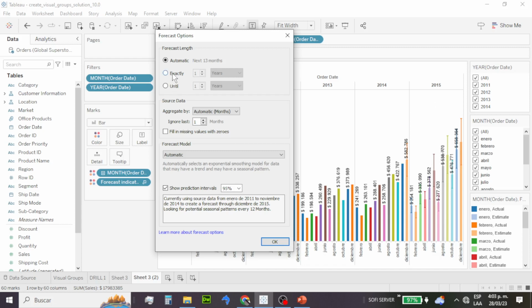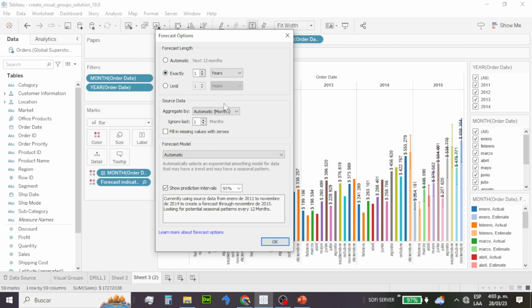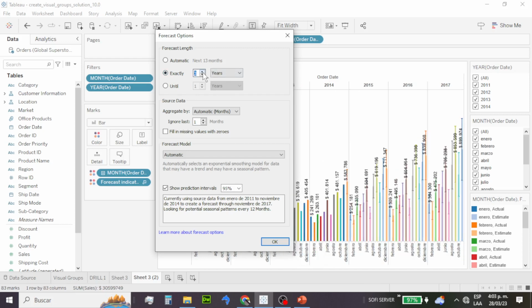So I'm going to get exactly 1 year, but I may have 1, 2, 3 years. Let's see, 15, 16, 17. This is the forecasting for those 3 years. And it is showing us a range from the lowest to the highest, with the line over the column, of the value that we may get